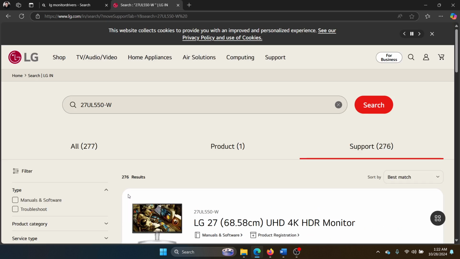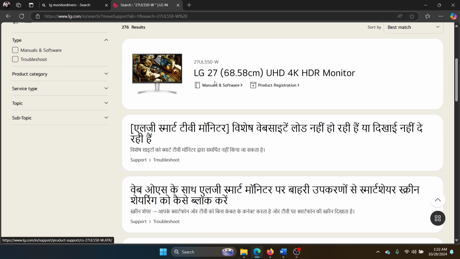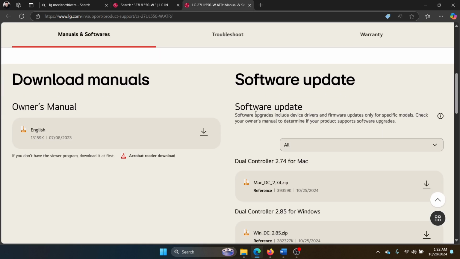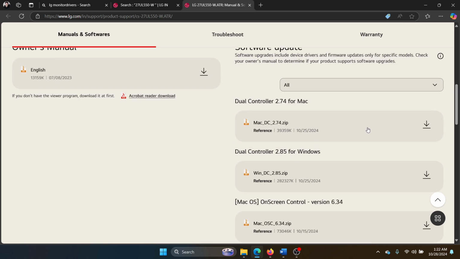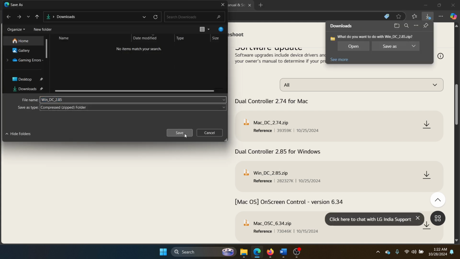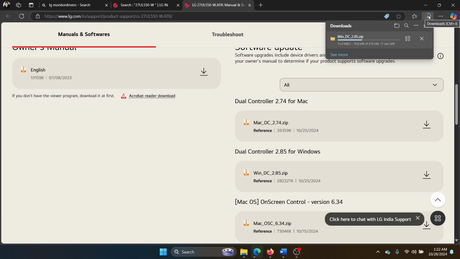Now go to the monitor section and you will be able to go to manuals and software. Okay, and now you can download the concerned software for Windows. I'll prefer it for Windows because I have a Windows system. So this is how you can save it. After that,